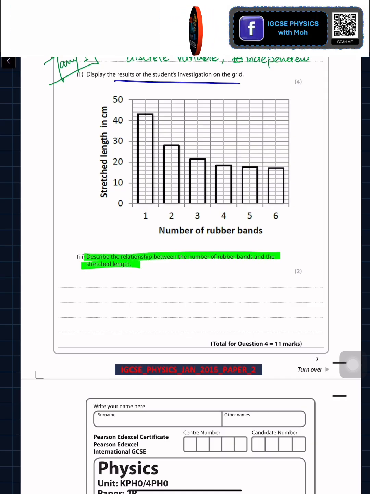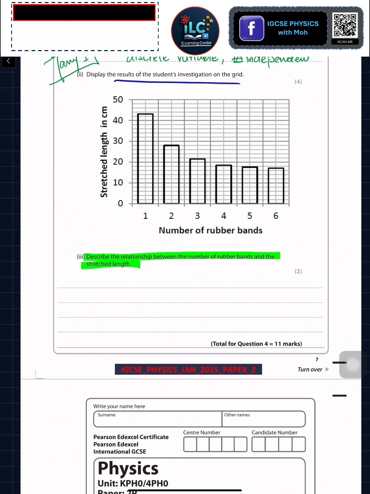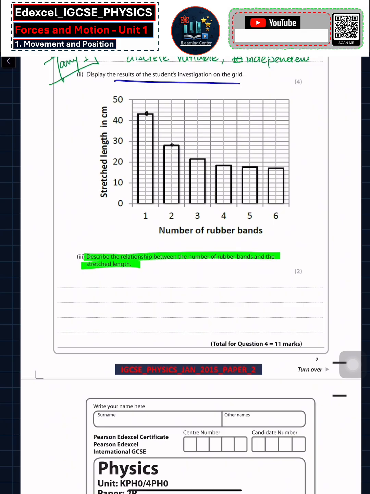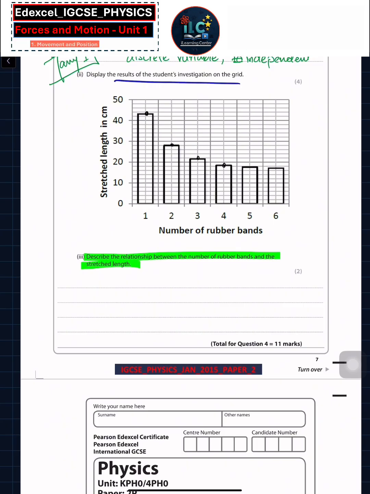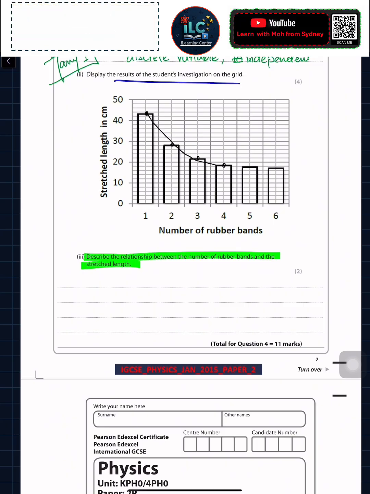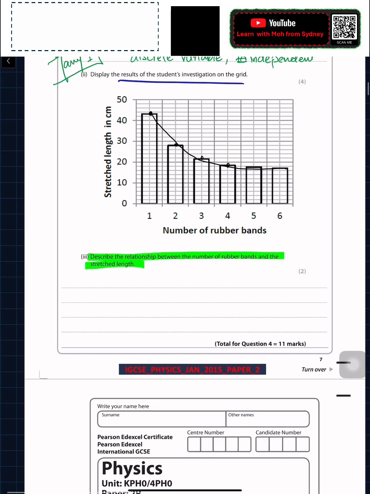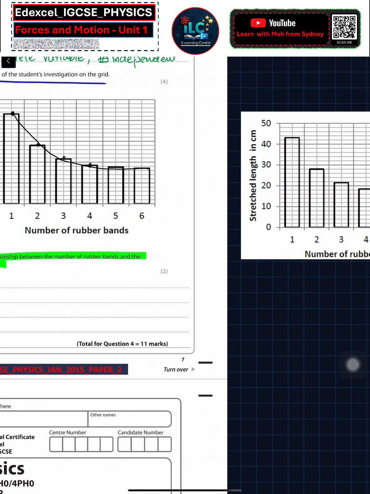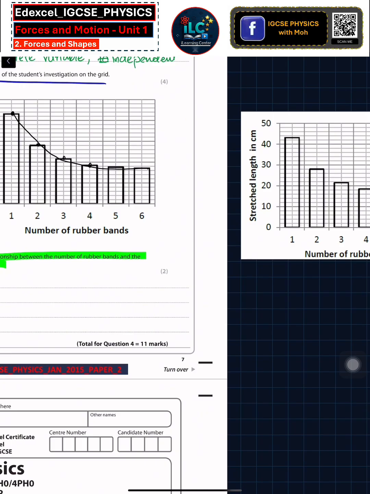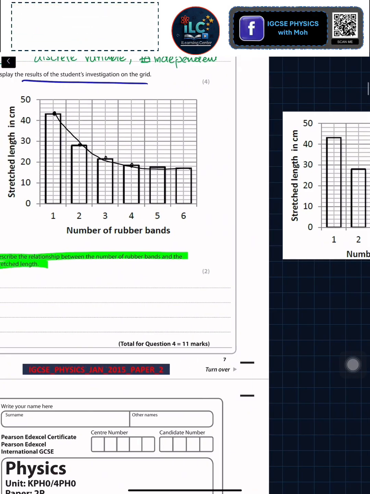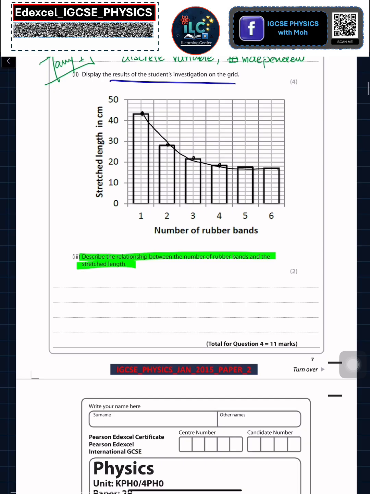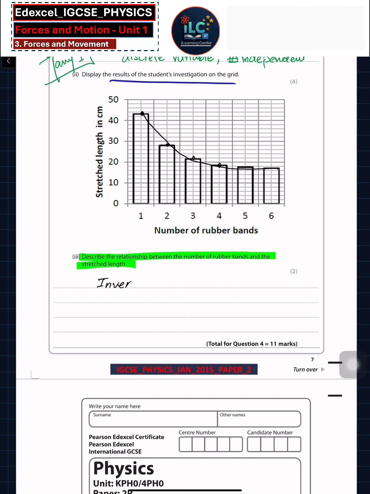length. So if you look carefully, what's happening here is for number one, it's more. For number two, it's decreasing, decreasing, decreasing, and then it went constant, something like this. So for these ones, we can have an answer that this graph basically is an inverse graph. You must know by now that it's an inverse relation. So I can say that there is an inverse relation